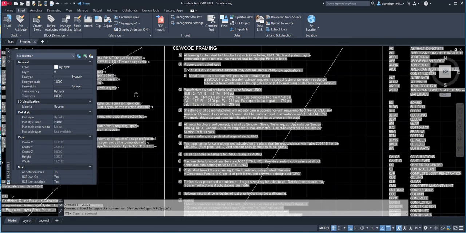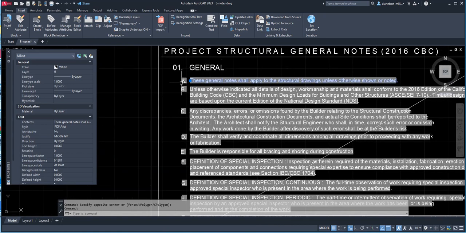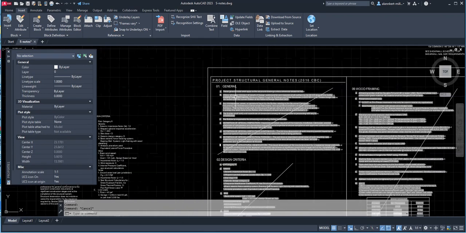But each of these lines of text are separate. And if you use ABCs, they're also separate objects. So very hard to manipulate, and that's just the case whenever you're importing a PDF in AutoCAD. So what we need to do is we need to be able to manipulate the width of this one. And so to manipulate the width, we do have to select the text